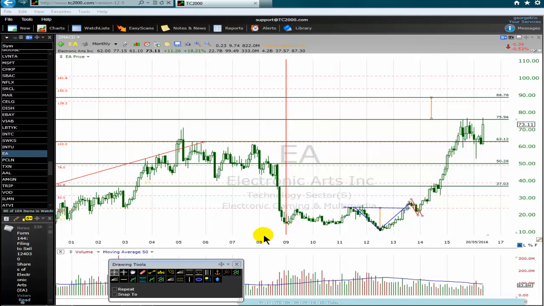How to combine the cup and handle chart pattern and Elliott wave analysis for free. We are looking at the monthly chart of Electronic Arts Incorporated, ticker EA. This is a technology stock that is listed on the Nasdaq 100. And we want to talk about how to combine the cup and handle chart pattern with the Elliott wave analysis